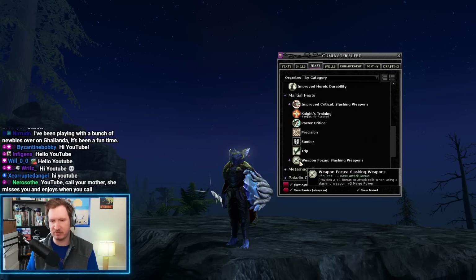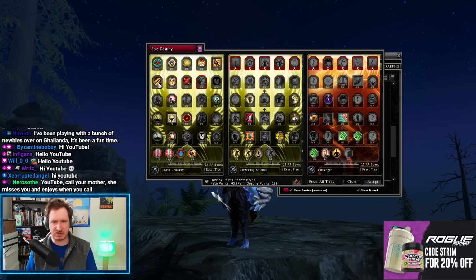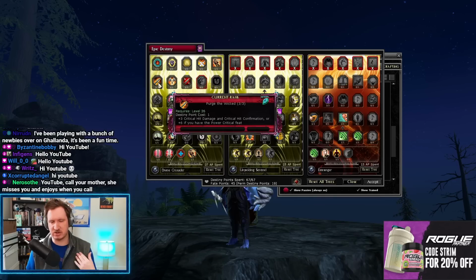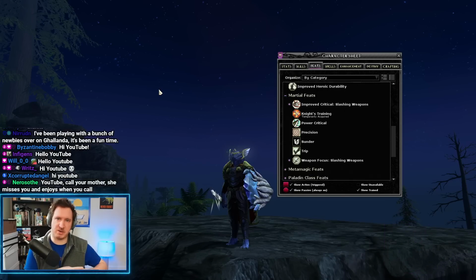And then I also took Weapon Focus Slashing and Power Critical. The main reason I took Power Critical is because it stacks with this Purge the Wicked, so you get double the effect from it for bonus critical hit damage and confirmation. And this character deals a lot of critical damage, with several attacks bumping my critical multiplier up to ×6. So confirming those critical hits is really important, and all of that extra damage gets multiplied through many, many, many